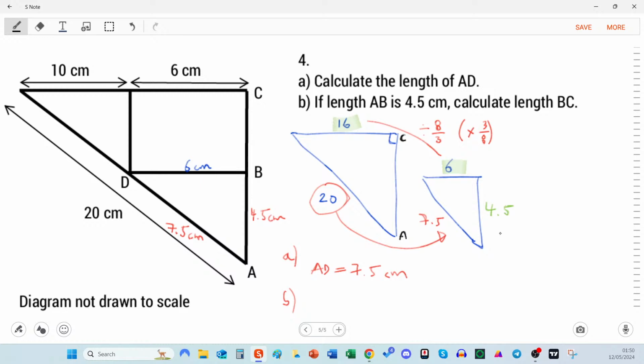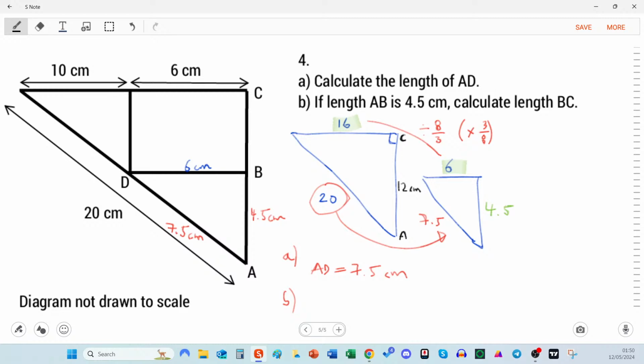Now when we're going from the small one to the big one, it's not going to be divided by 8 over 3. It's going to be times by 8 over 3. So 4.5 times... Let's put the fraction in brackets just to make sure the calculator doesn't do anything we don't want it to do. Okay, so that's 12